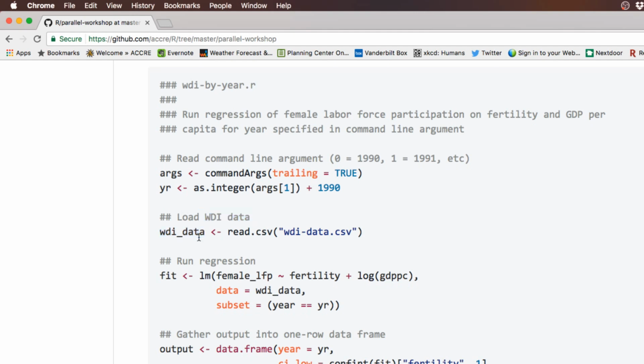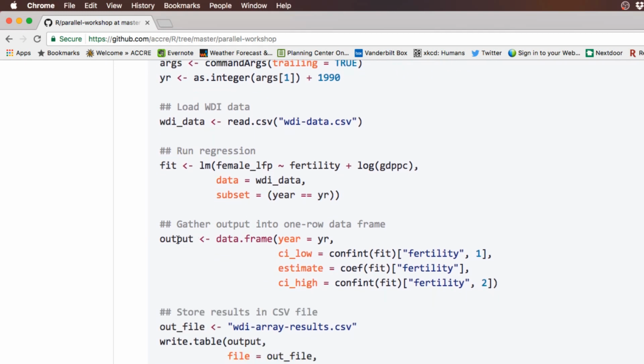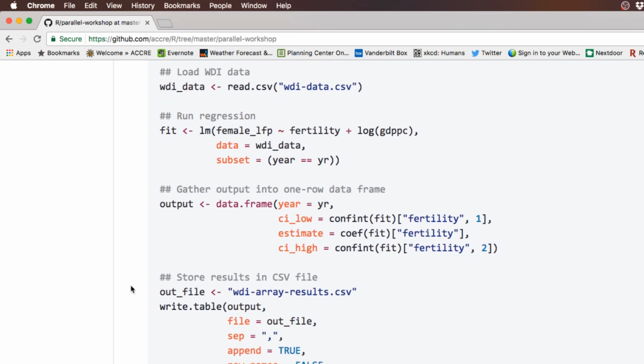I'm going to load in my data from World Development Indicators. I'm going to run my regression, now subsetting to whatever my chosen year is. And then I'm going to make a data frame to store my output that has the year that I ran the regression for, the coefficient on fertility in our female labor force participation regression, and the bounds of the 95% confidence interval around that coefficient. And then I'm going to store it to this output file, wdi_array_results.csv,